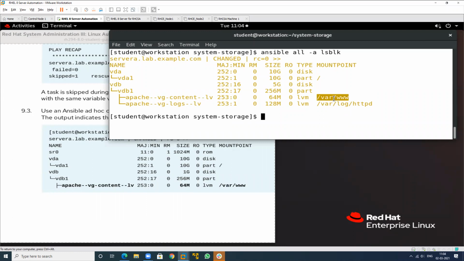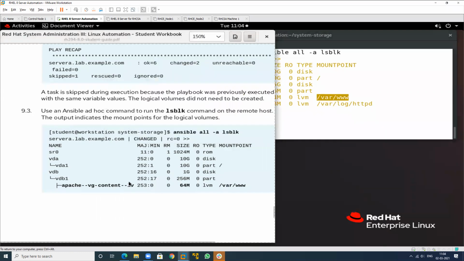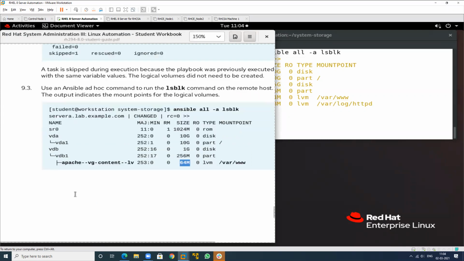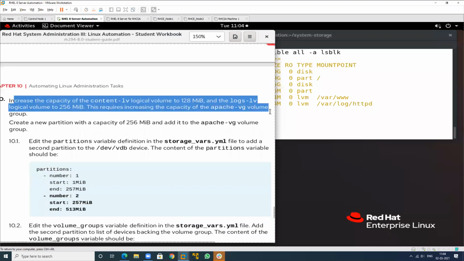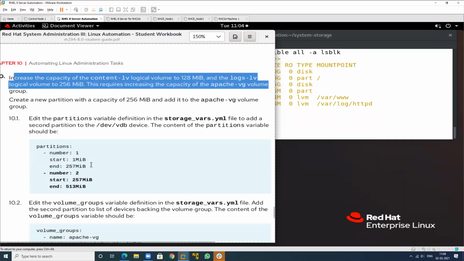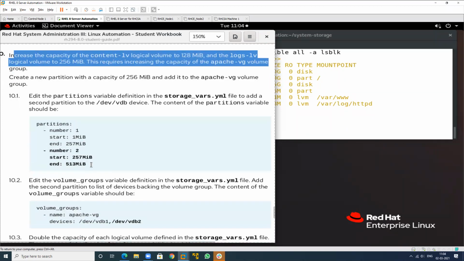If I want to increase the size of this particular partition, then we can also increase the size of the logical volume. What is the next step? See, this is 64 MB. If we require more size, then just create another partition first.